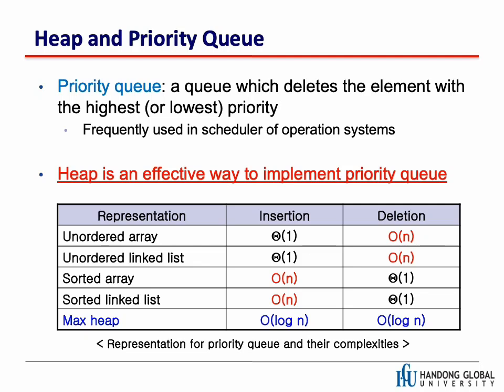In chapter 3, when we talked about the queue, at the end of the chapter, we talked about the priority queue. A priority queue is a queue which deletes the element with the highest priority. Something like an emergency room. If it is not an emergency room, then first in will be first served. But if it is an emergency room, then first in might be served later if you have a more emergent case. As I said before, if you have a tiny little problem with your finger,